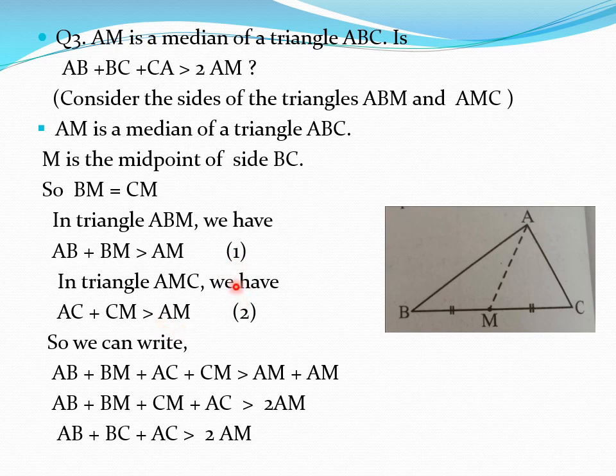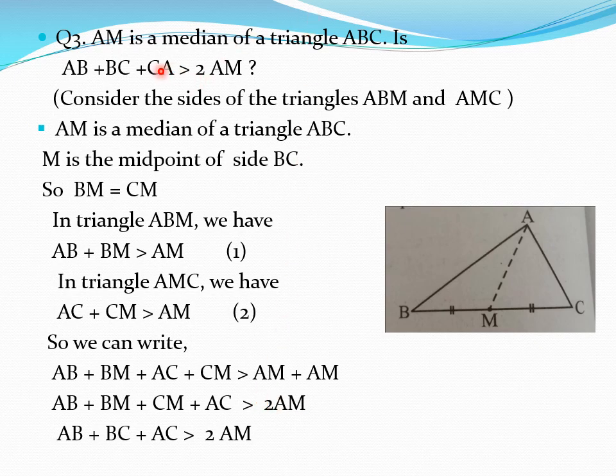So this is one statement, this is another statement, and in these two statements, see, the AM right sides are the same. So now these two statements we are adding, that is, left side and left side we add, right side and right side we add. So AB plus BM plus AC plus CM. And here what is coming on the right side? AM. So we add AM plus AM. So children, here the left side we keep the same only, no change for the left side, and AM plus AM, you know, same only. So 2AM we get. So this is asked in the question.